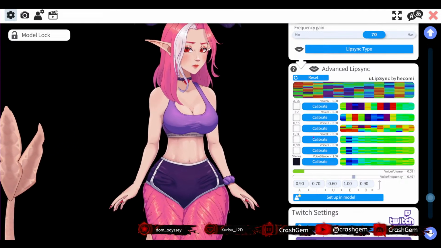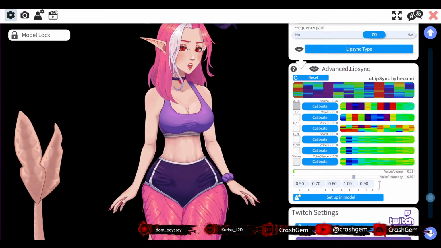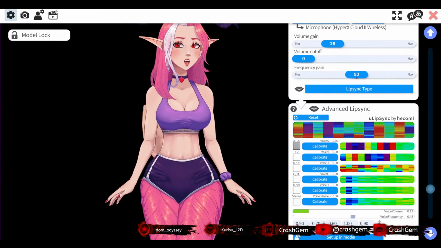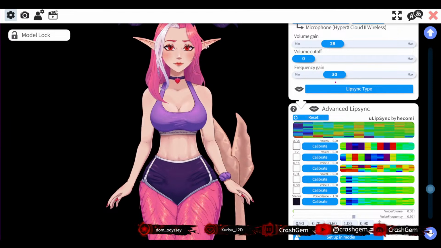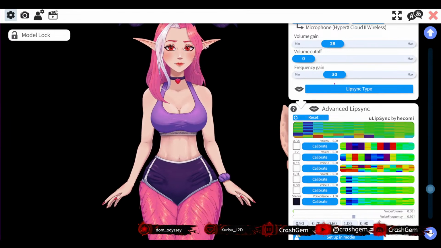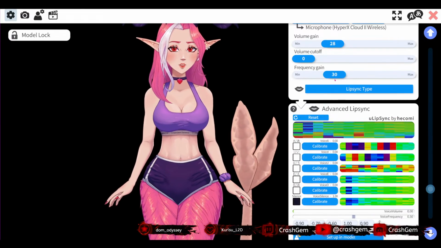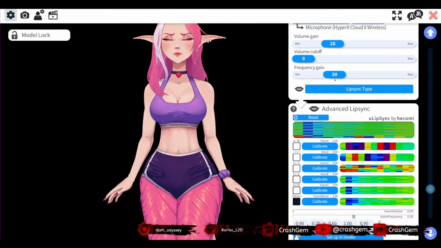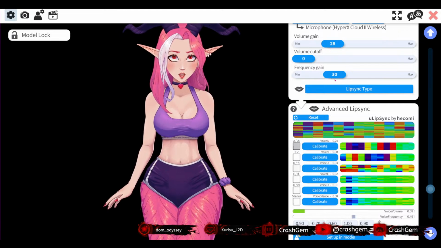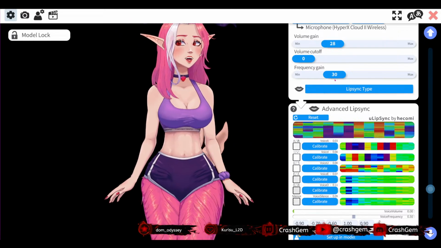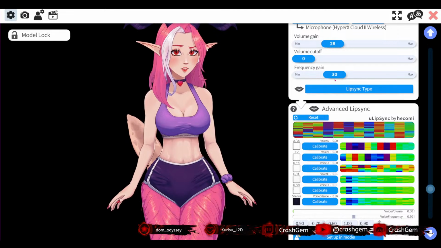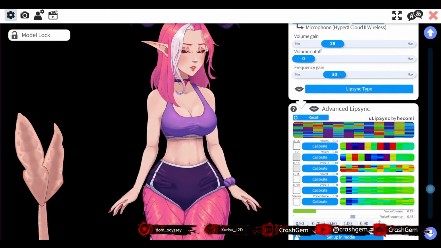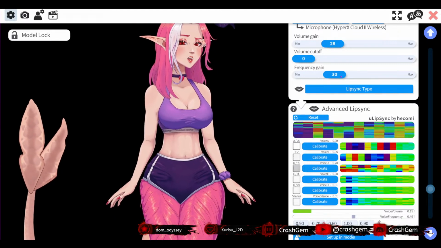Frequency gain adjusts the waveform peaks. Oh, so if you adjust the cutoff, okay. So if we turn it way down, okay, that's cool. Okay, so yeah, that's good. Now my ears aren't bouncing all over the place. Yeah, that's great. Okay. I think you can add the voice volume as a parameter instead of this option,